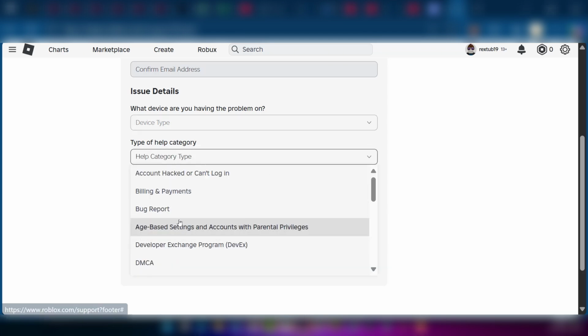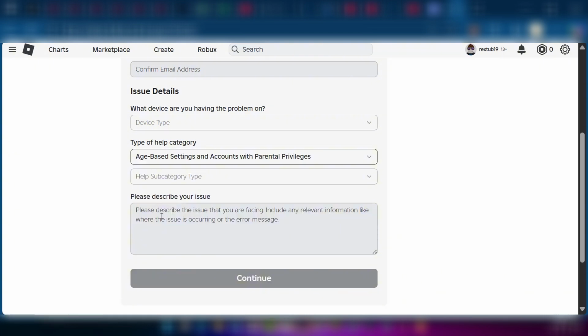There are other options. You can see age-based settings and account with parental privileges, right? So you could choose this option and then describe your issue. You can simply state that you'd like to verify your age without ID and phone number, stating your age as an obstacle. When that's written and you feel that everything is done, you could go over to the continue button,